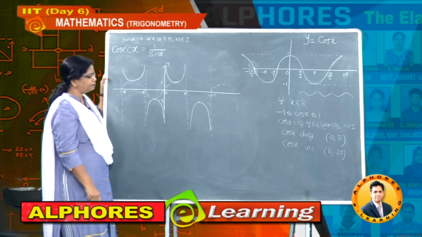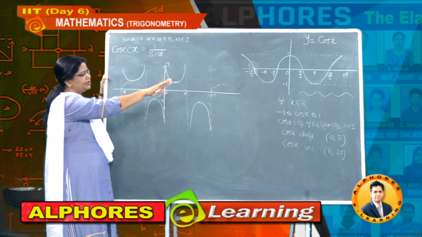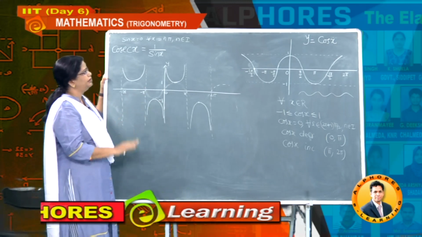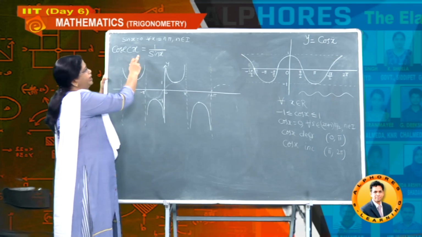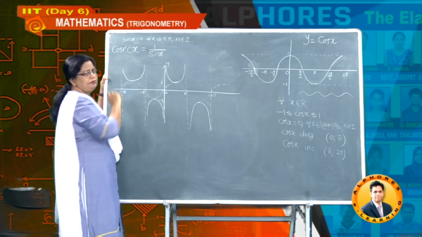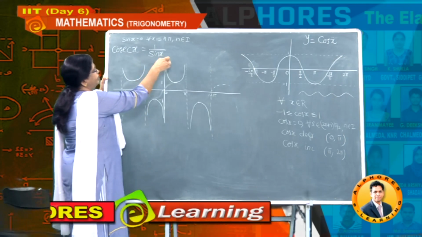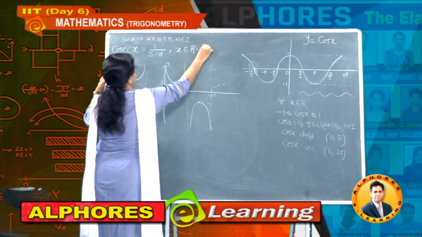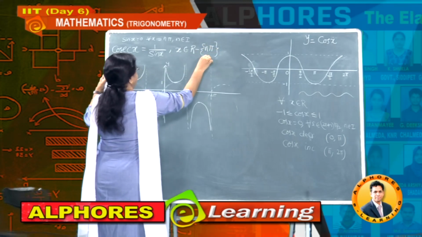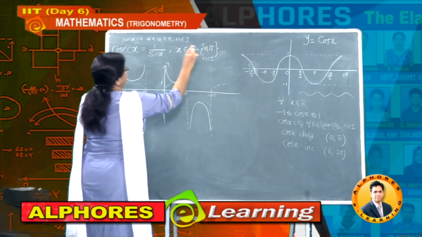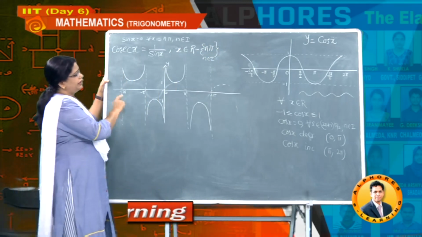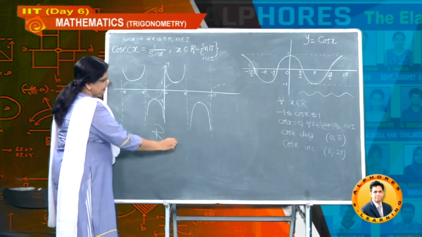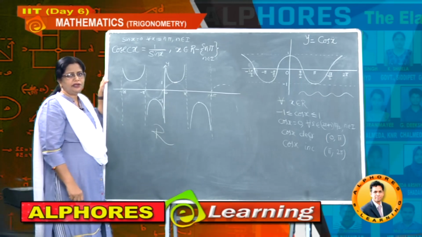And after that, our observation: is this continuous? Yes, it is continuous, no doubt, because continuity we consider only for the points where the function is defined, and it is defined for all real numbers x except which value? n pi, where n is an integer. For all real numbers except n pi, the curve is always a continuous curve. Whereas if they ask for the overall set of real numbers, is it continuous?